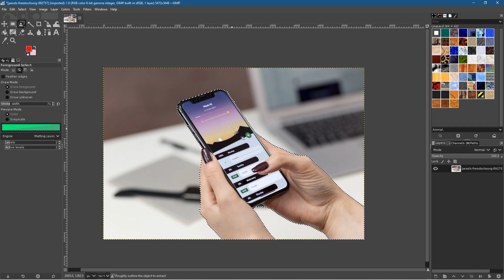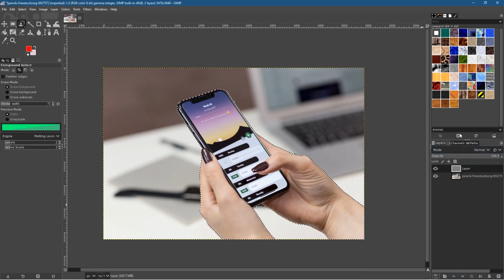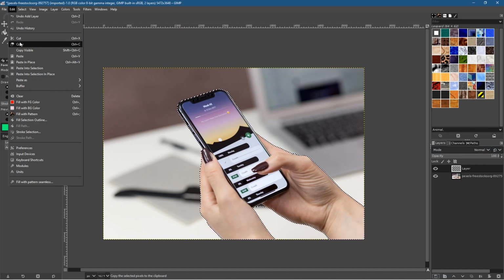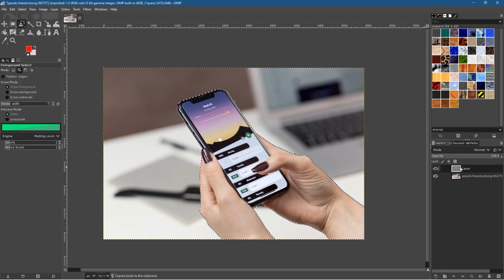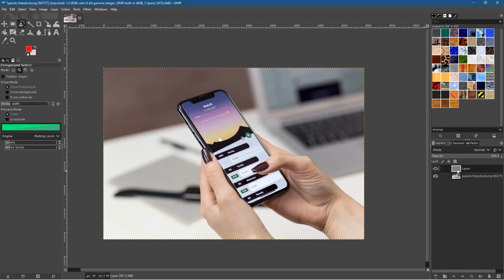Okay, the selection is done, and now we want to create a new layer. Let's create a new layer. It'll be transparent and click OK, and then we're going to go to edit and copy, and we'll click on that new layer at the top and then press Ctrl and V or edit paste. Edit paste, and then we'll anchor that down, and then we can hide this layer. Something didn't work there, right? We don't see no picture here. So let's press Ctrl Z to undo, and we probably, let's see,